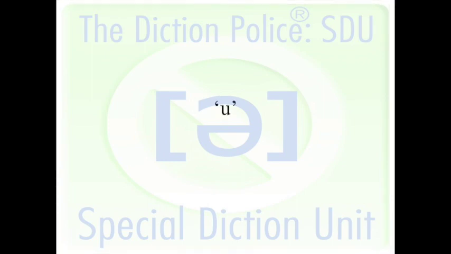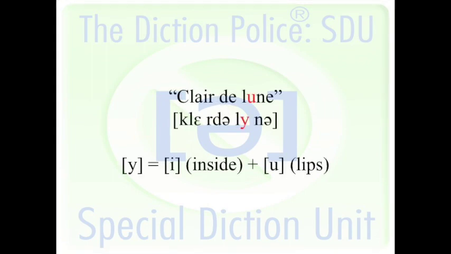With Clair de lune, I thought it would be interesting to talk about U's because we have the U in pretty much every configuration that we can find a U in the French language in this piece. Absolutely, they do appear in pretty much all the different sounds that can be made from the U letter. So if we just start with the plain old letter U when it appears and it's the strong vowel. Yes, so like in the title, Clair de lune, this U in this case becomes the lowercase y.